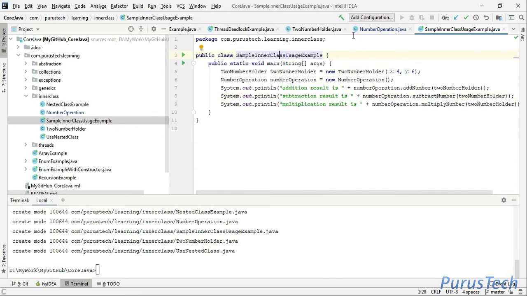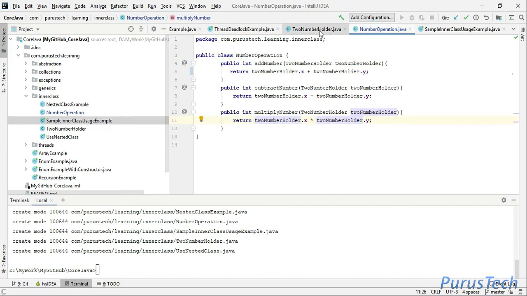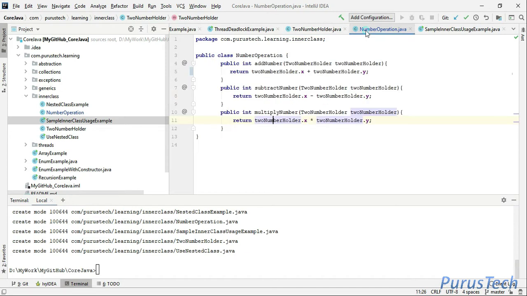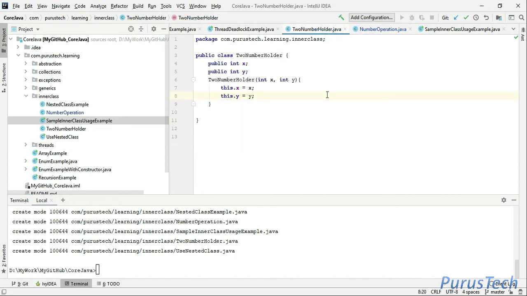As of now, these two classes, toNumberHolder and number operation, are separate classes. Here I have not used any inner class. Slowly, by the progress of this video, I will show you how to change these two classes into an inner class example. So why are we changing this to an inner class?